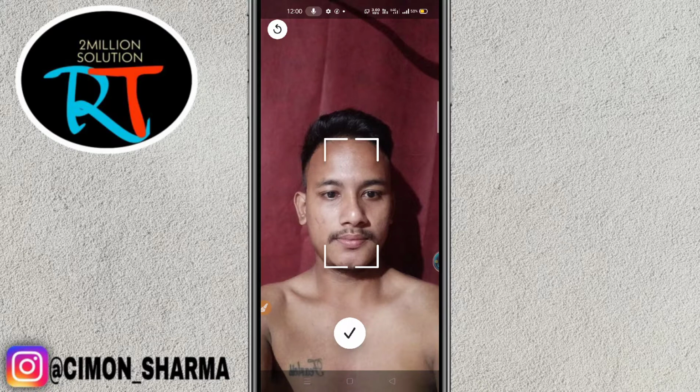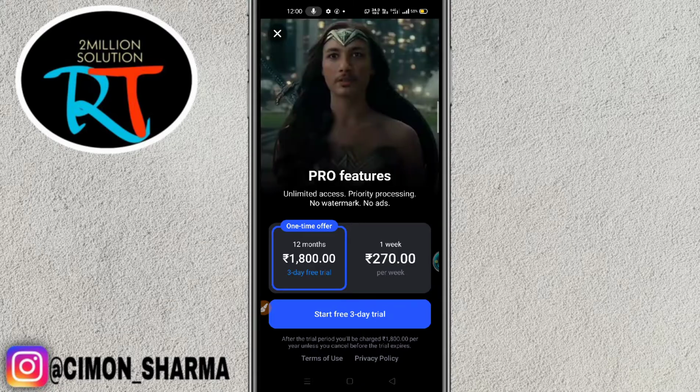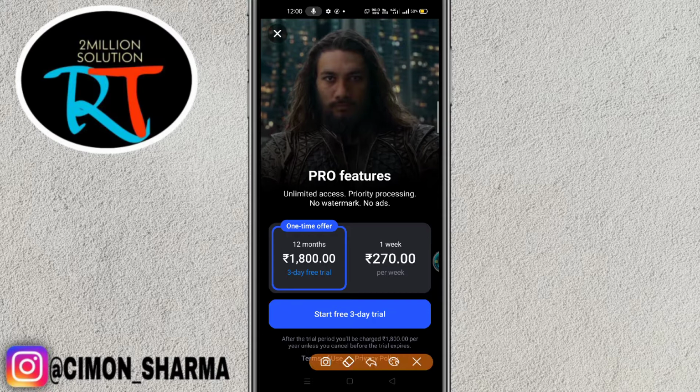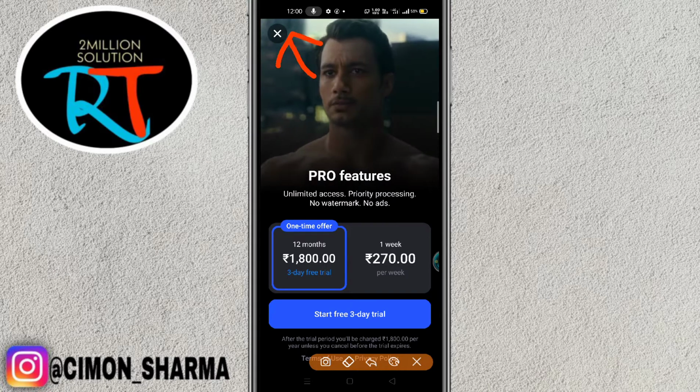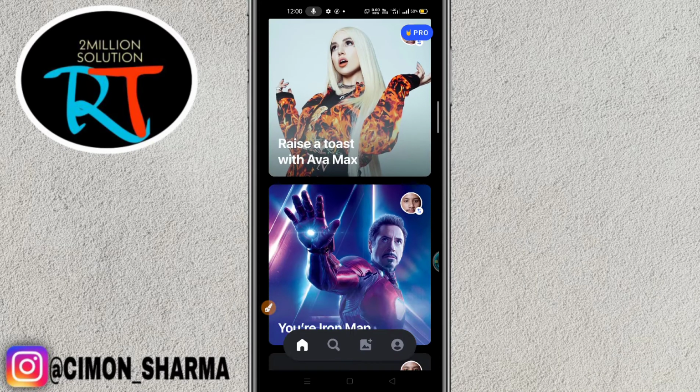So click on done, and then guys, here you can see this type of interface will pop up. So no need to worry. What you have to do, simply click on this X option on the top left of your screen, and then here you can see you will find lots of